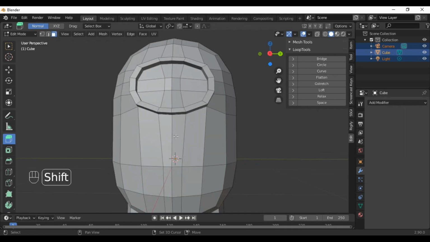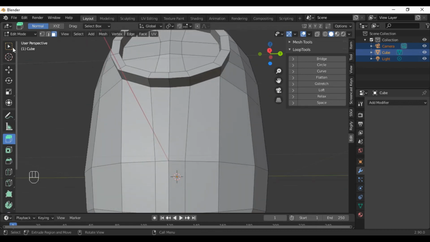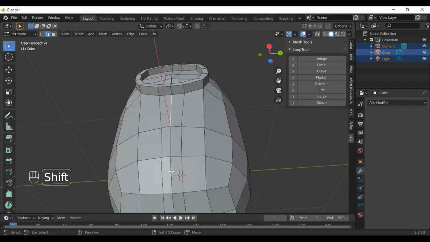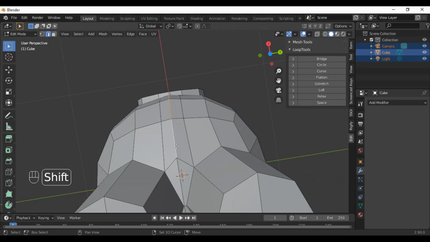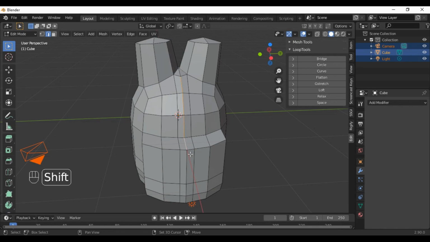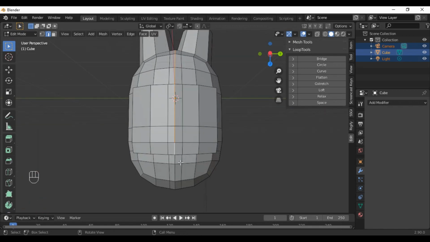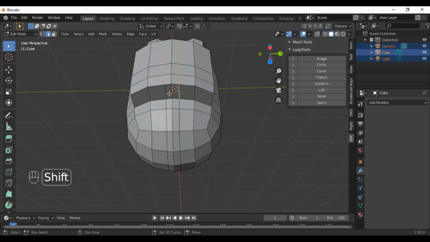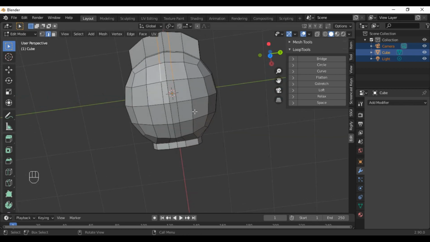Okay, so we are going to delete these edges. If you delete these edges, our geometry will look round, not edgy. The edge will be available, we saw it here. Oh no, not this one. Select this. Also hold Shift.